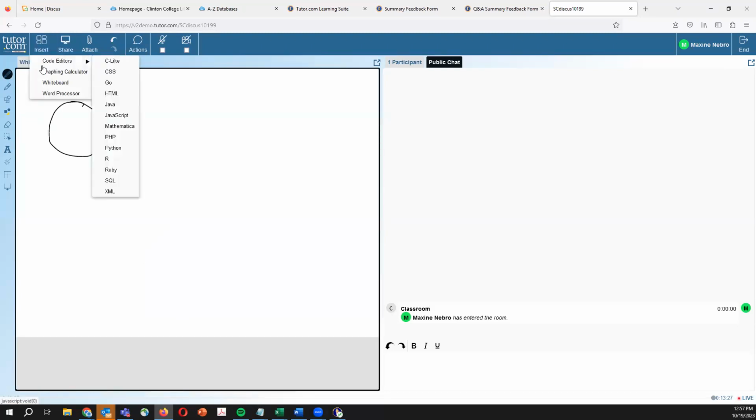Next, I mentioned that we do have some coding tutors available. You can now connect with them in the classroom and open up one of our code editors. And this is going to be really great where you could just copy and paste whatever code it is that you're working on into the classroom and work on that collaboratively with the tutor. They'll be able to point out different areas where your code might be broken